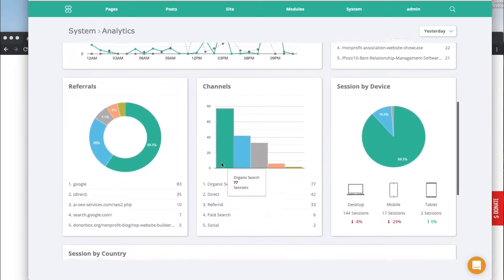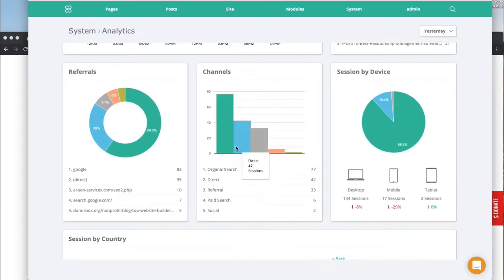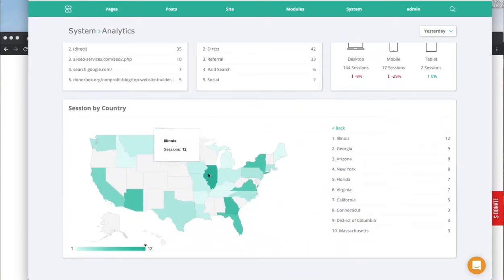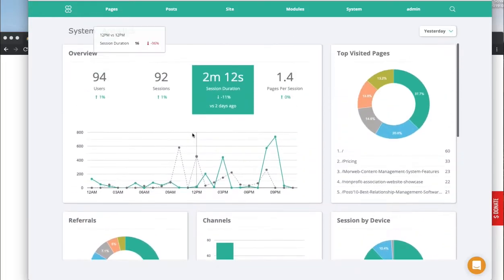That way you have some insight on how people are interacting with your website and where your traffic's coming from, and then you can make smart decisions on updating your website. And with the power of MoreWeb, you can literally make any kind of change without the need to contact a developer. It's all intuitive, very easy to use. So with that said, I'm going to go into our live editor